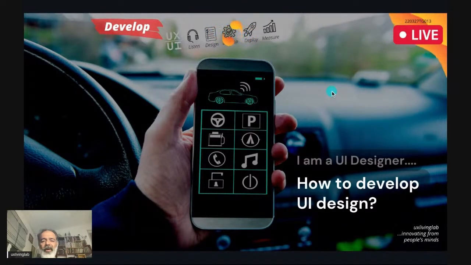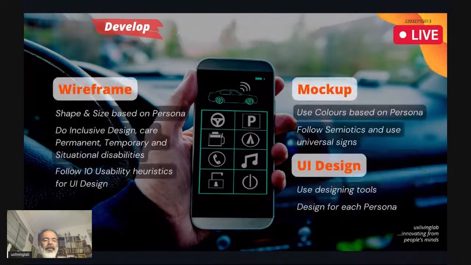How to develop UI design? So you already collected a lot of information, listened to users, have information, and start designing and converting all the information to your working context. Then how to develop UI design? That's the next step. Main points are